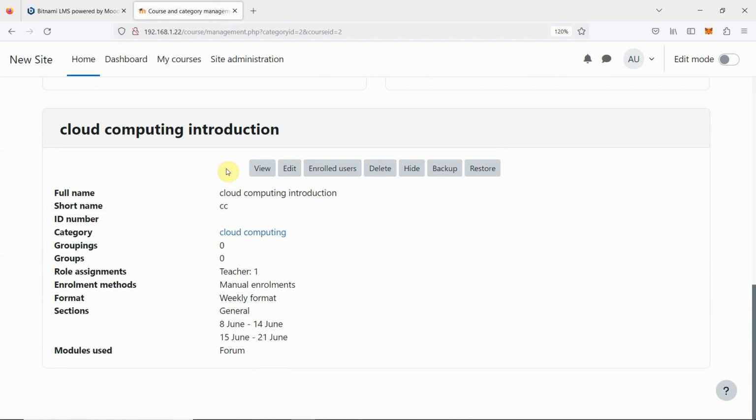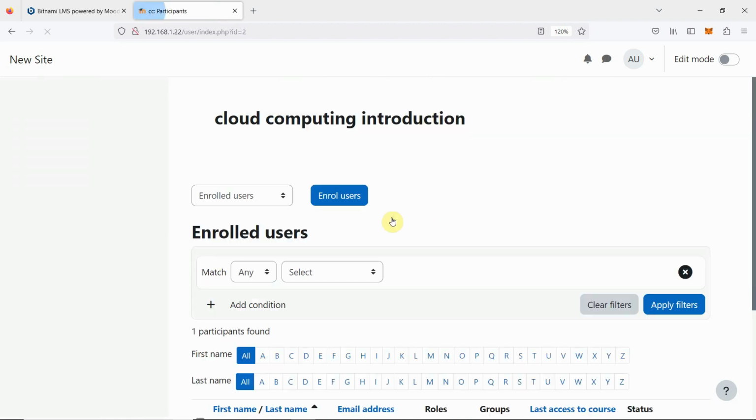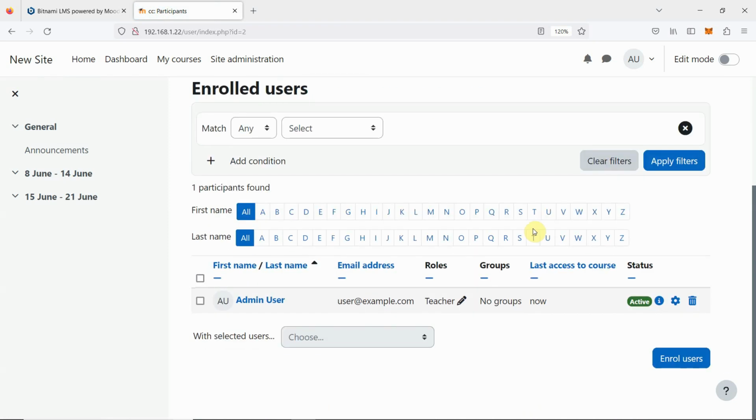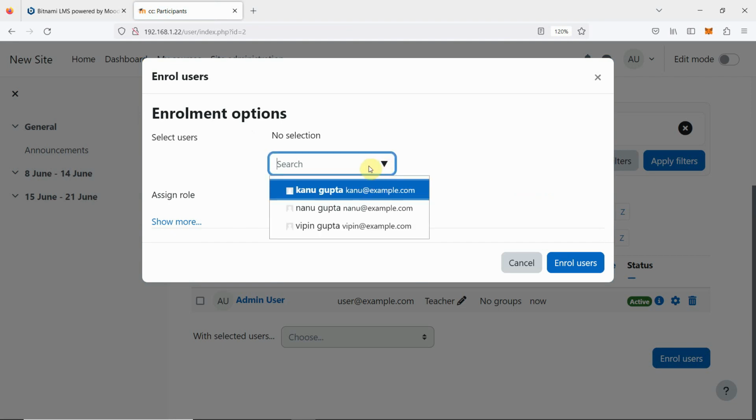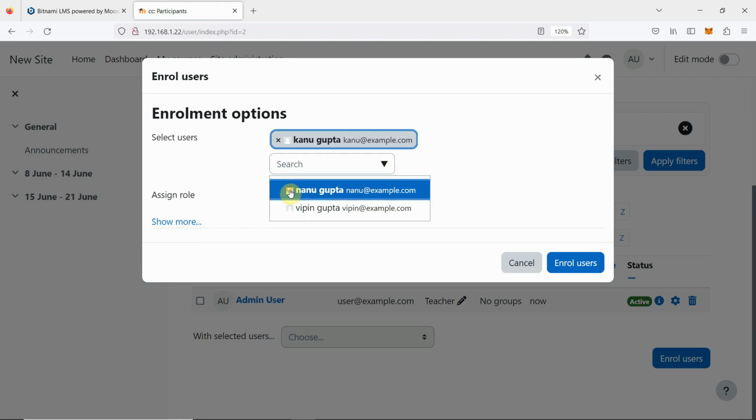So now what is showing? Enrolled users. So we will click on enrolled users. No one is there, only the admin user is there. So what we are going to do is enroll users. We will search for the users. So we can click here. What we want is Nannu and Kannu users as